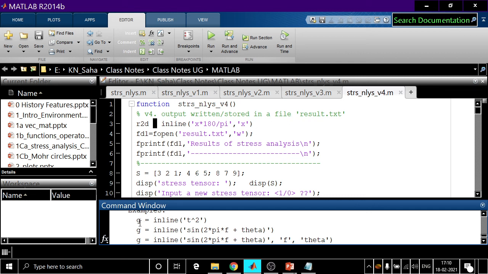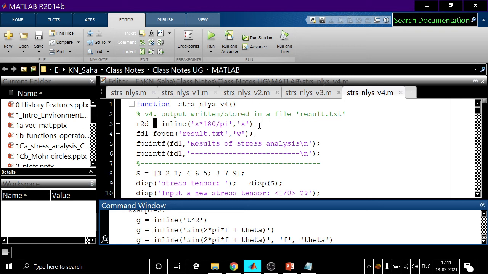This G is the name of this inline function, and if T is the input, it gives you T square. Whatever we are calculating is within this quote mark. The argument is given here. This particular inline function will be called by this name. It could have been G1, G2, G3, whatever. But it requires two arguments, f and theta. And what would be the output value? This sine 2 pi f plus theta.